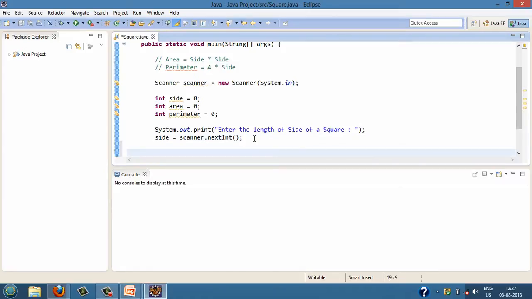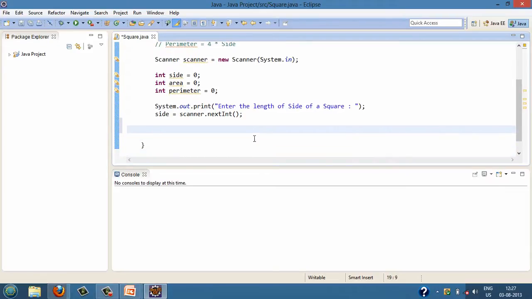So after getting the length of side of a square, we'll calculate the area. We'll use the formula for area as side into side.